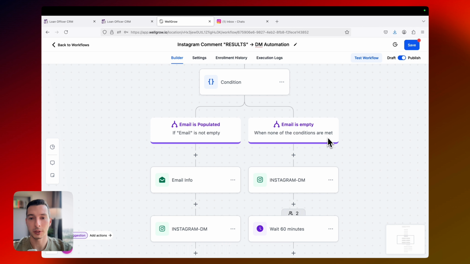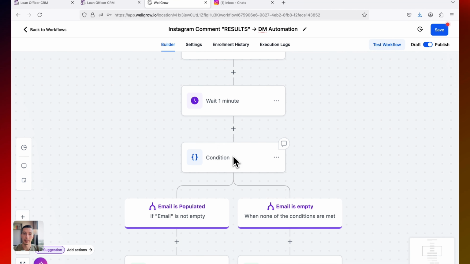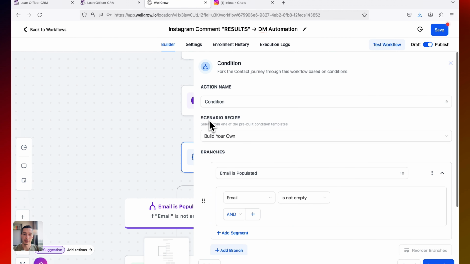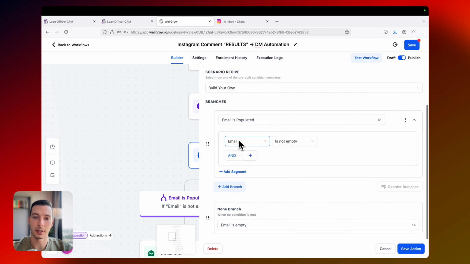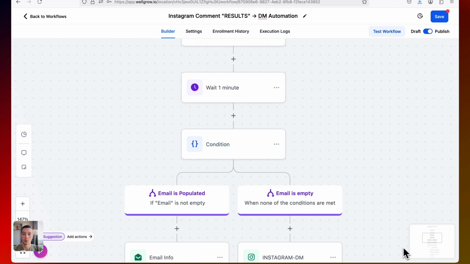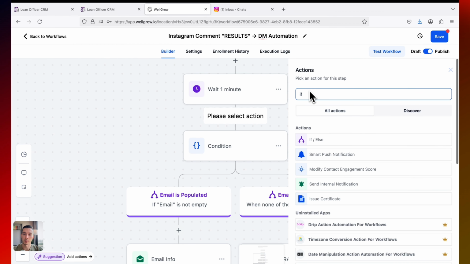And if they don't, meaning they didn't submit an email, we're gonna send them a follow-up Instagram DM automatically. So how we do that is building a scenario, and it's called if else. And as you can see, if email is not empty, we'll send them the email. And if it's empty, we'll move to the second branch, which is sending them that Instagram. So how do you do that? We come and build on